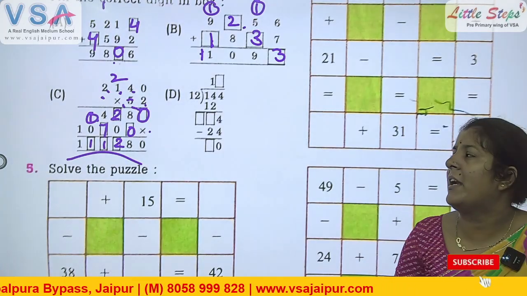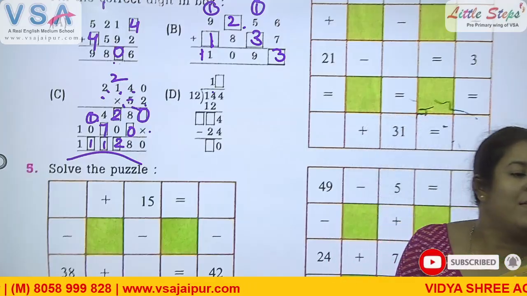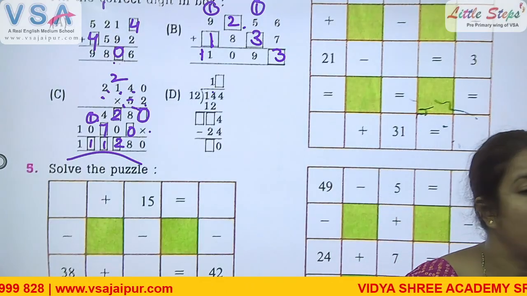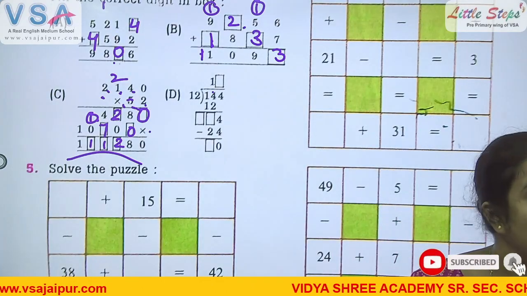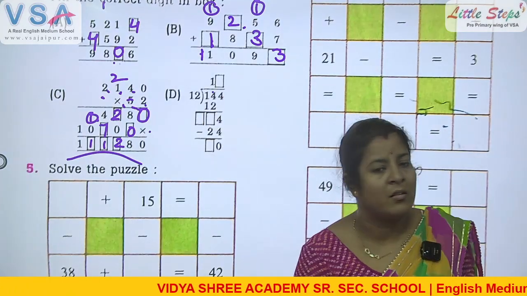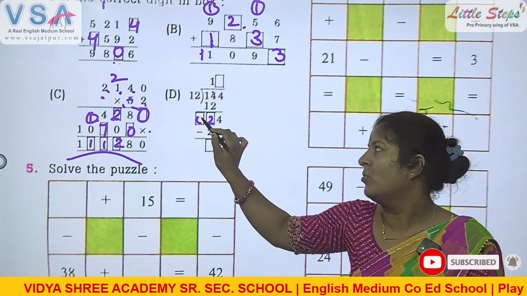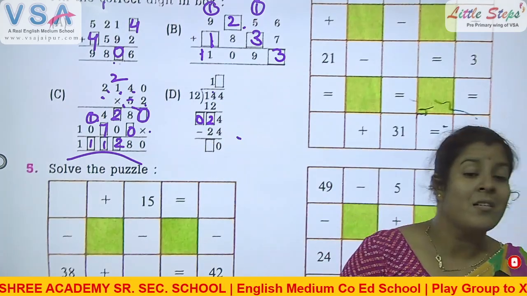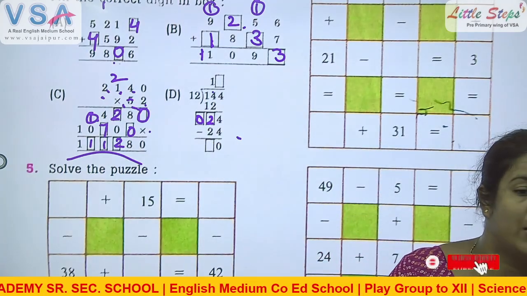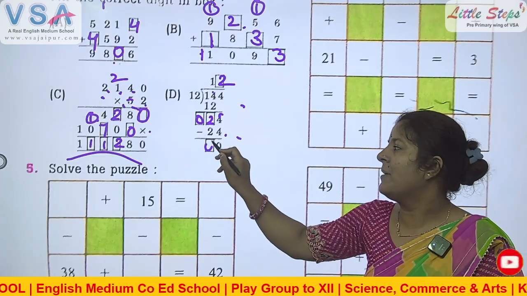Then the next question is division. 144 divided by 12. So the first number is 14. 12 ones are 12, 12 twos are 24, which is greater than the value. So we can write 12 ones are 12. Then the remainder is 14 minus 12, which is 2, and 4 minus 2 is 0. Okay. 12 ones are 12, 12 twos are 24, so 12 times, and the remainder is 0 also.